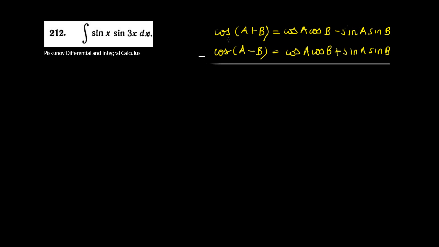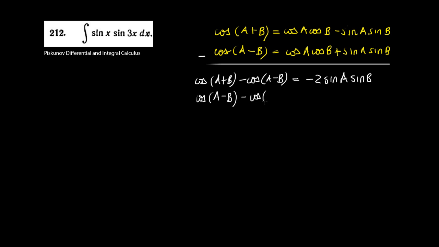two equations. So if I subtract these two equations, I will get cosine of a plus b minus cosine of a minus b is equal to, these two will cancel out, right? So you'll be left with negative of this, so that's negative 2 sine of a times the sine of b. And if I multiply by negative 1 on both sides, I get that this is cosine of a minus b minus cosine of a plus b